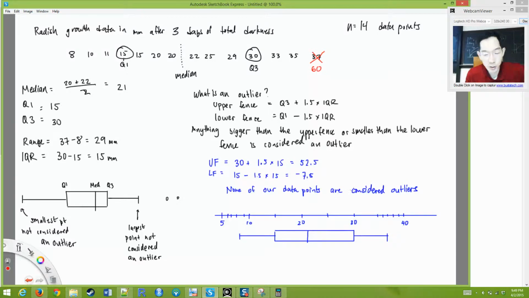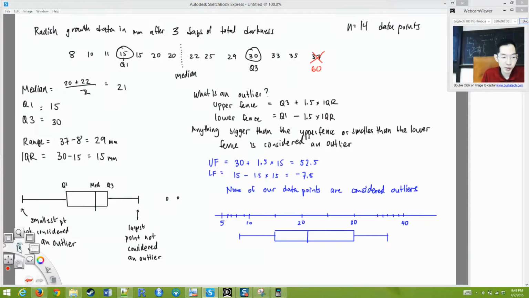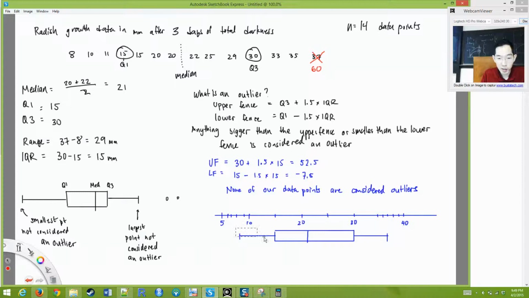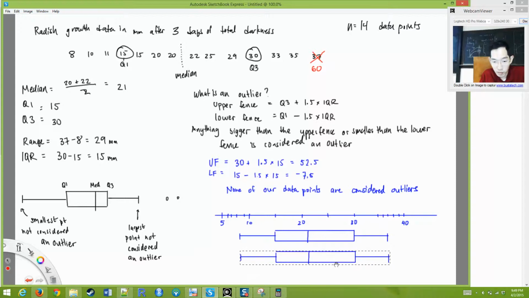In this case, and I've run out of space here, my box plot would look exactly the same, except in this scenario, the largest point, 60, would be considered an outlier because it's larger than 52.5, okay? So 60 is an outlier